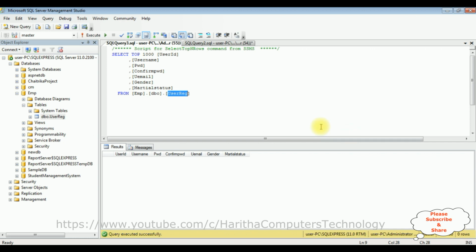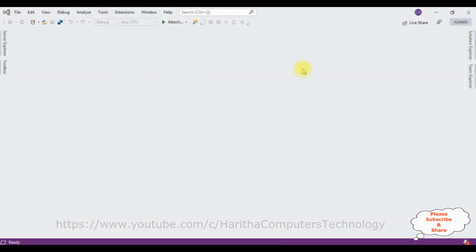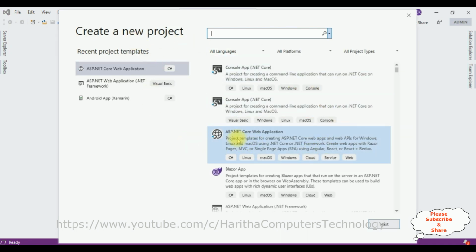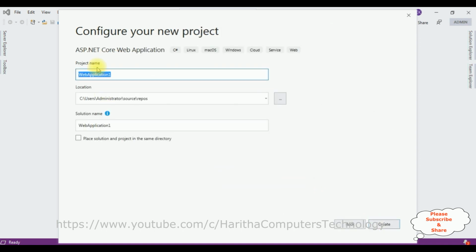Let's insert the user details into this table in ASP.NET Core MVC application. For this video tutorial, I am creating a new ASP.NET Core application. Go to File, New, Project, and from the project I am selecting ASP.NET Core Web Application. Click Next, and the project name is UserRegMVCCore, and I'm saving this project in the location D drive project folder. Click Create,